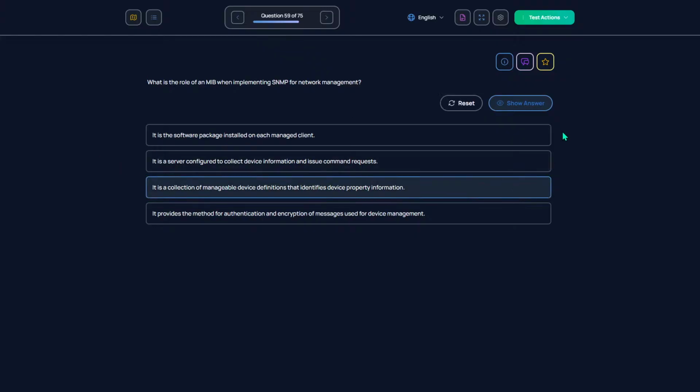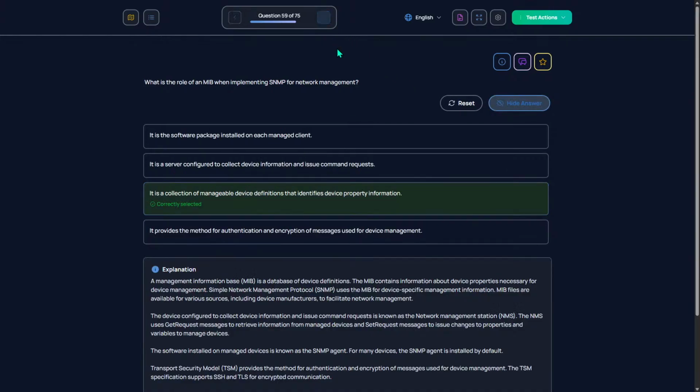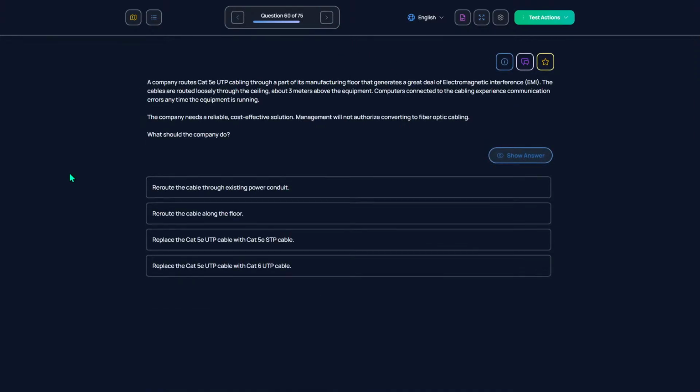A collection of manageable device definitions. A company routes Cat5e cabling to part of its manufacturing floor. Interference.